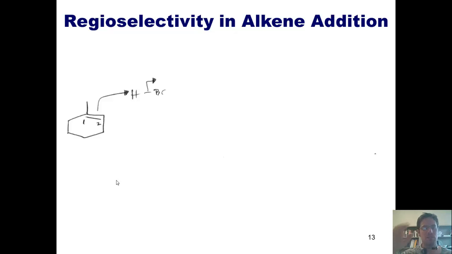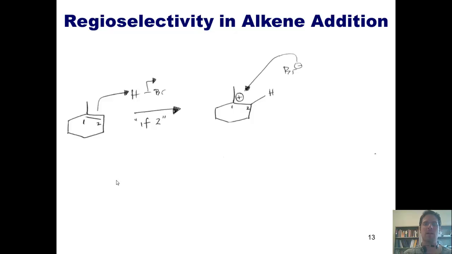Now, Markovnikov's rule would of course dictate that it attaches to the carbon that has more hydrogens on it, which is carbon 2. Nevertheless, I'll show you both possibilities. If it attaches to carbon 2, then the carbon that ends up with the positive charge is carbon 1, as shown here. At this point, bromide comes down, plugs in the hole, forming a bond with that carbon, and gives